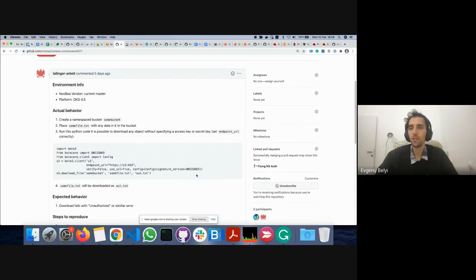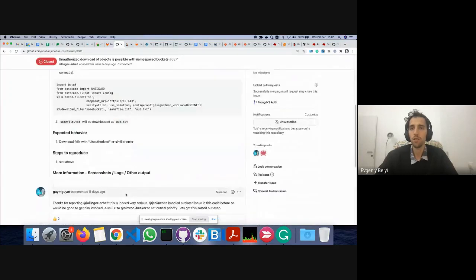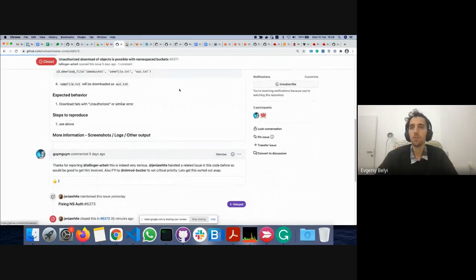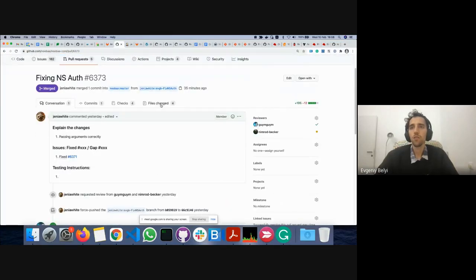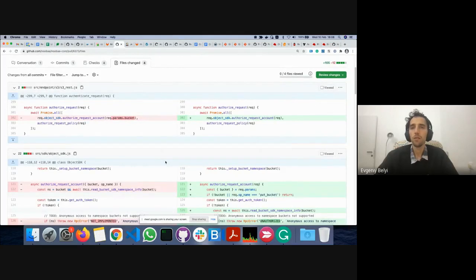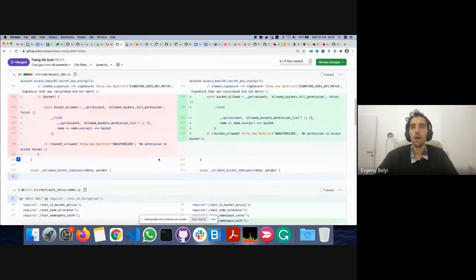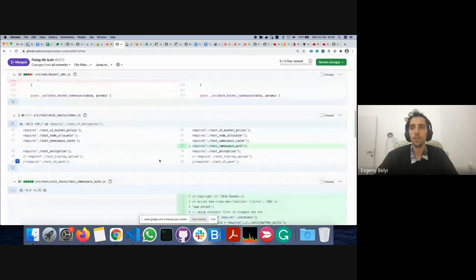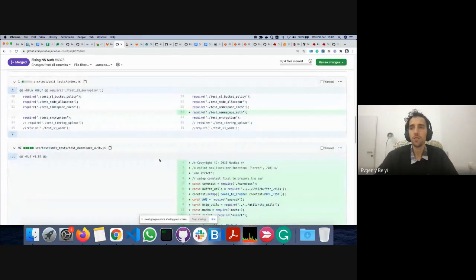We previously had some code that should have handled those things, so I did a fix on that part. If you can go to the PR, I did a fix to the code that handles the logic in regards to the authorization, and I've also added, if you can go to the testing file down below, a unit test for this case.